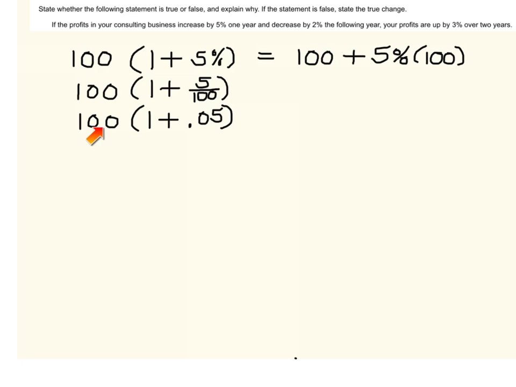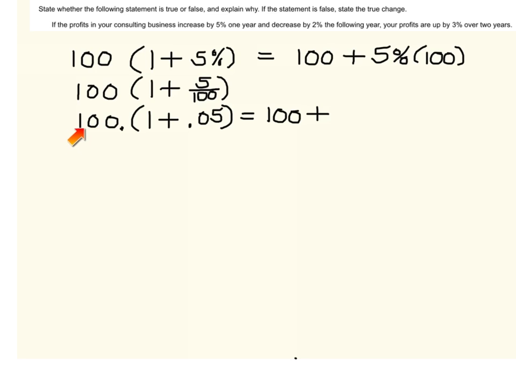So what I have here is 100 times 1 plus 5%, and that's because we get the 100 back, 100 times 1, plus we add another 5%. So let's work out what this would be. 100 times 1 is 100. And 100 times 5%, well, the decimal place for the 100 is right here. So if we multiply 100 times 0.05, what we could do is move the decimal place to the left twice,